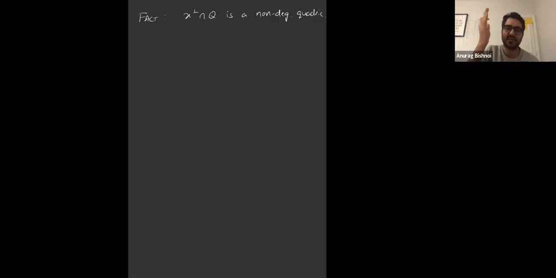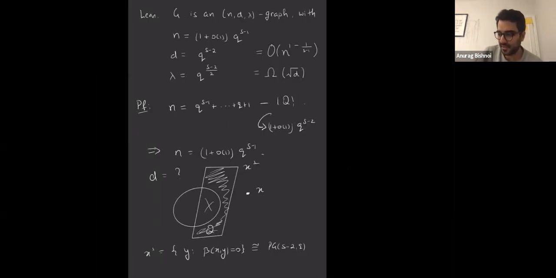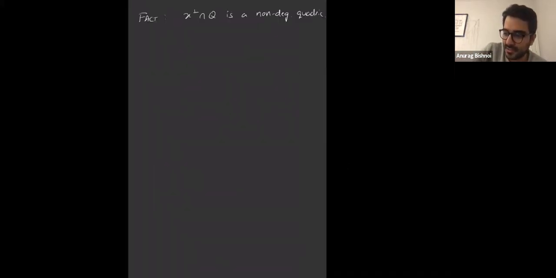So when you take a hyperplane intersection of this non-degenerate quadric, and that hyperplane is defined as the perp of a non-singular point, in this particular case, you basically get another non-degenerate quadric. This does not happen for all hyperplane sections. Right? It's only for these sort of hyperplanes. And because S is even, this implies that X perp intersection Q is a parabolic